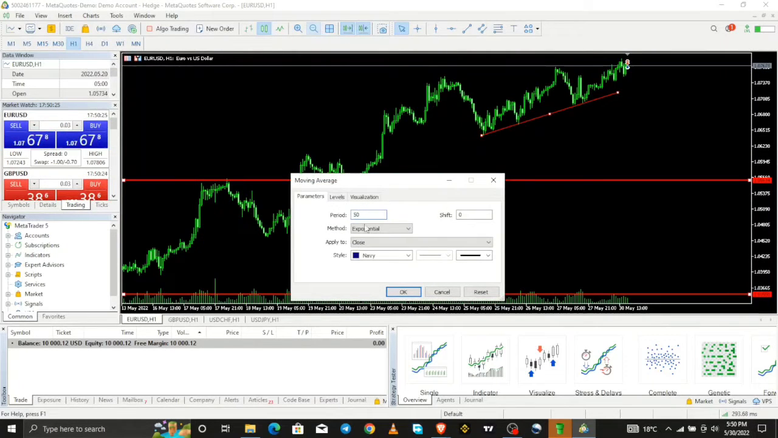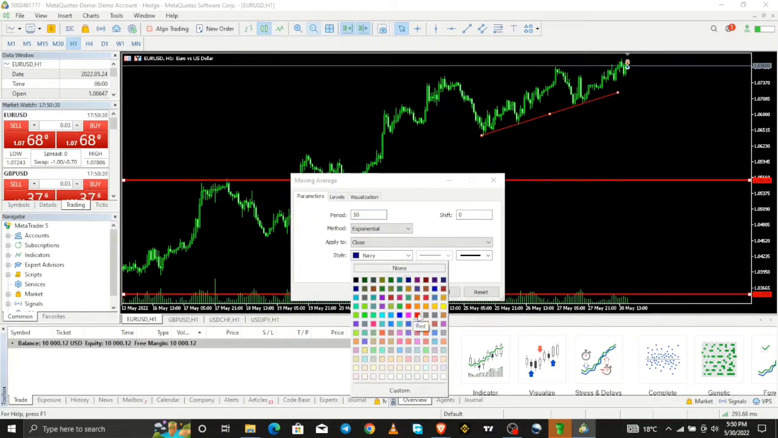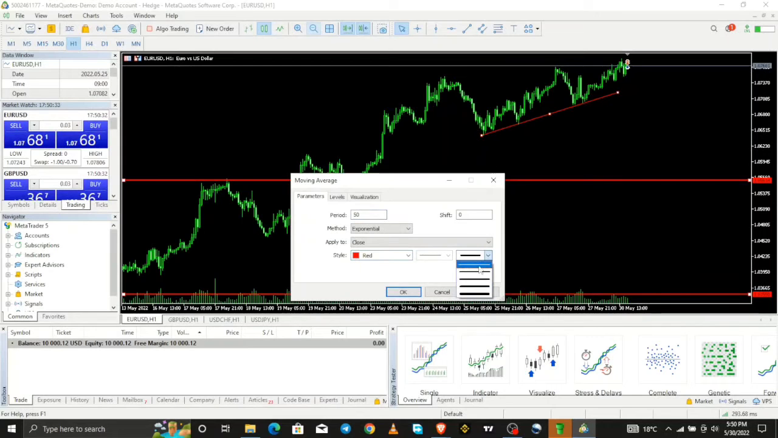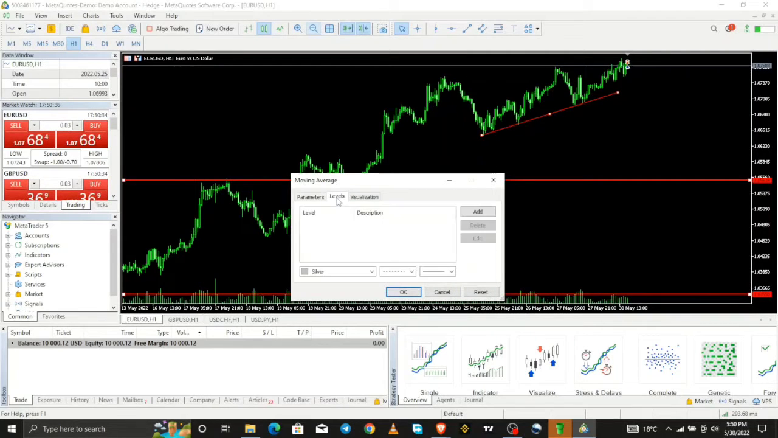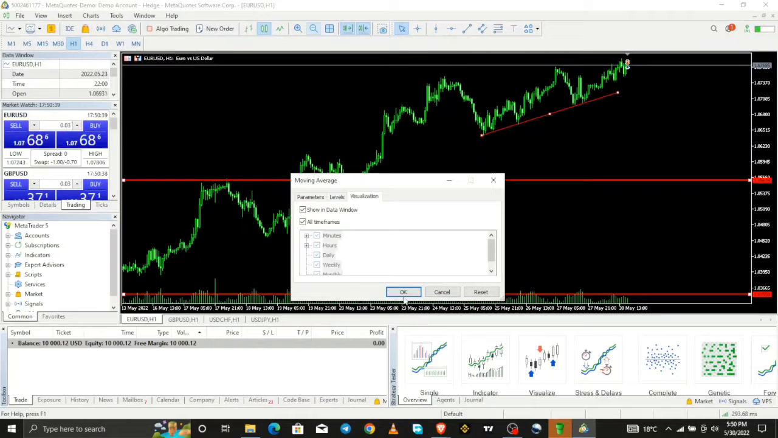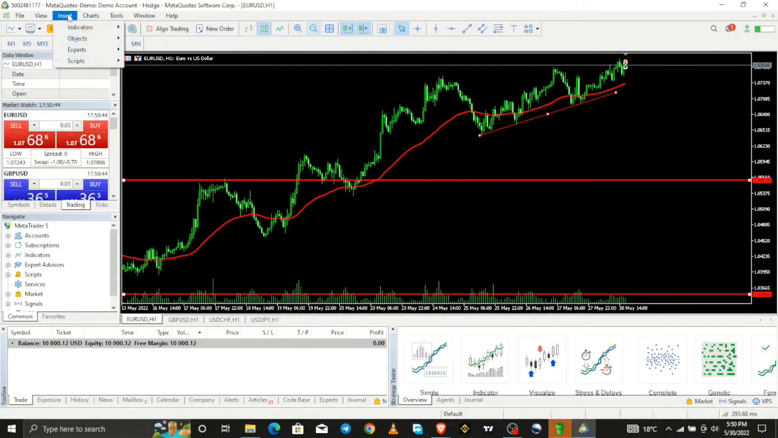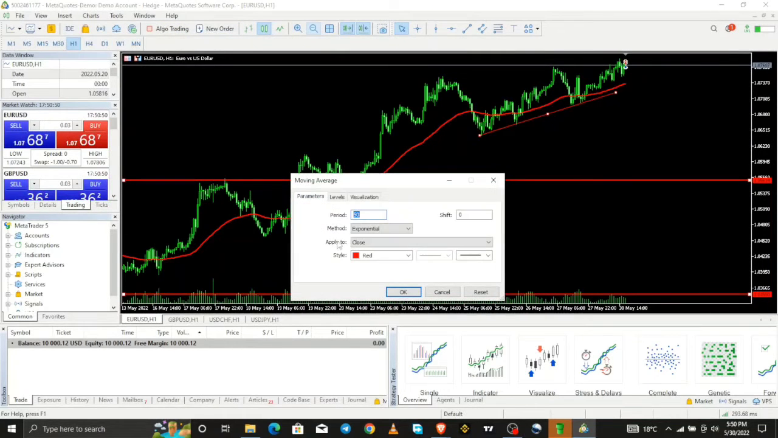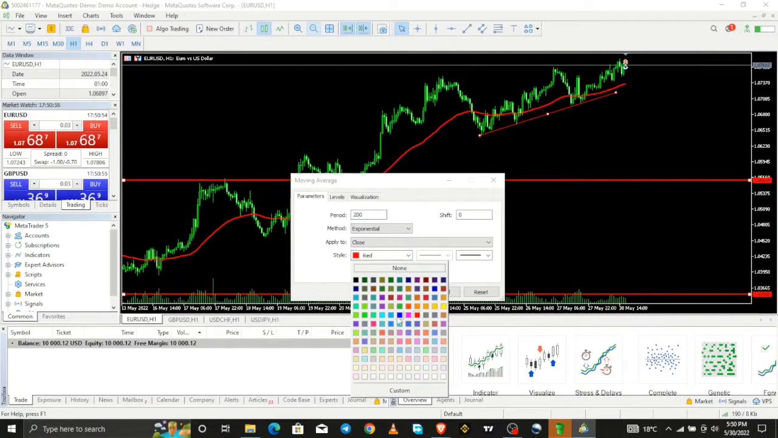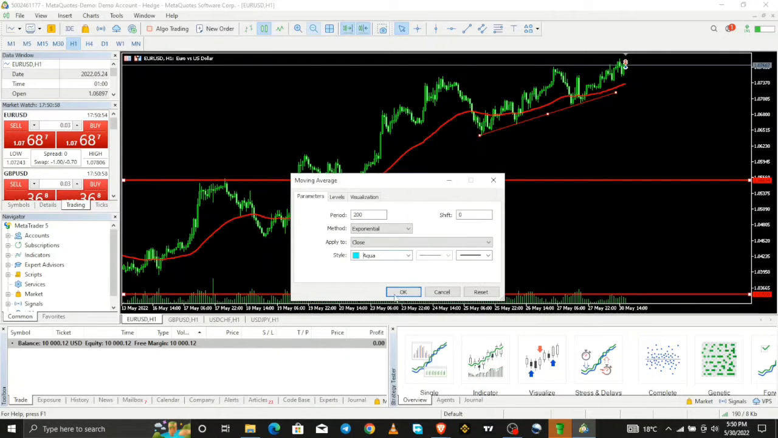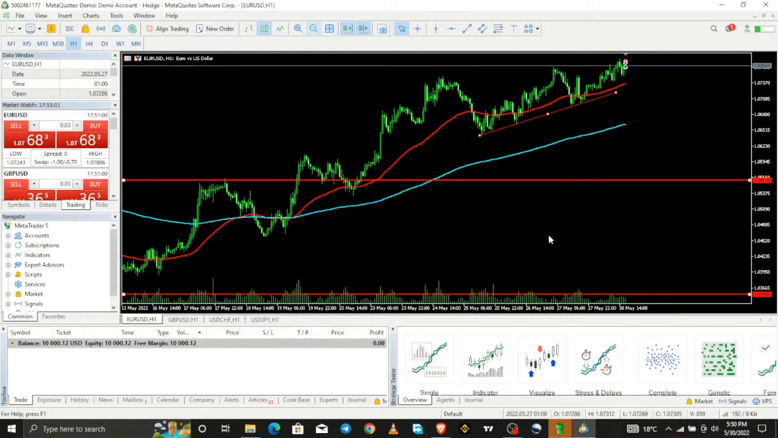I'll go with the exponential moving average 50, and then I'll choose the color red, and then I don't see anything to change here. Let me put it that way for better visualization, and then OK. And then I'll also put the EMA 200, that is the exponential moving average 200, and change the color to blue. No, this is bright. Yes, as you can see, this is the 200 EMA,